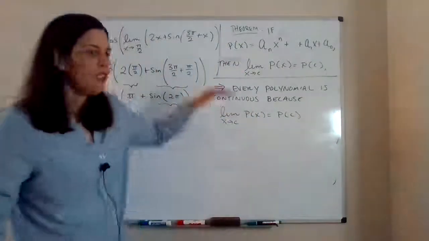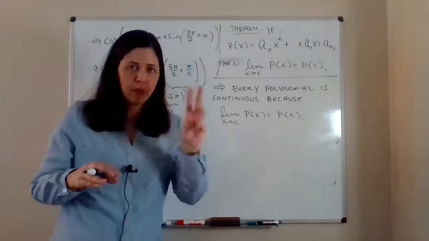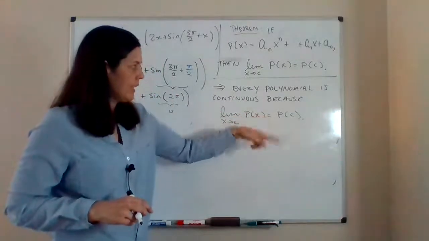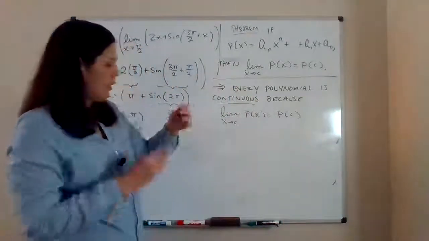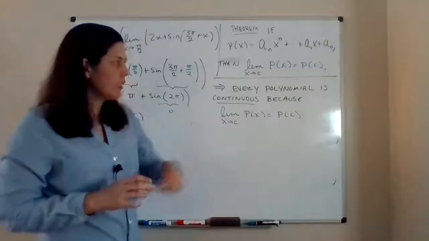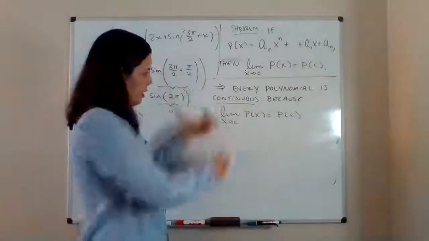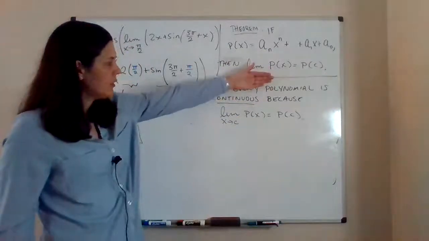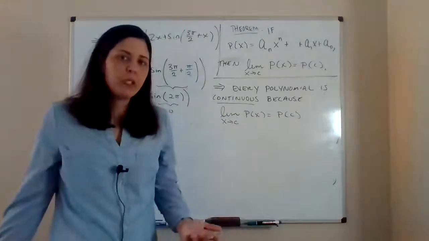All right, so we have a theorem that said this, but we had a continuity test, that 3-part test, that said if this is true, then it's continuous. So we're kind of just putting together what we talked about earlier, with the fact that polynomials are continuous. These can kind of be thought of in both directions. If you know this is true, this is continuous. If this is continuous, this is true. Don't have to do a whole lot with that, but I just want you to be aware that that's true